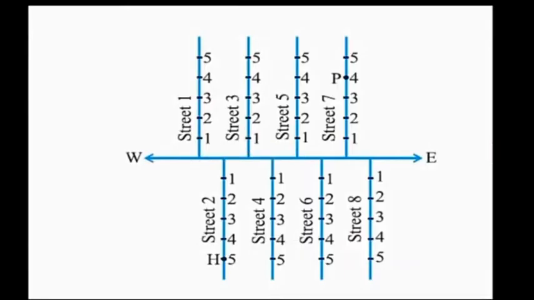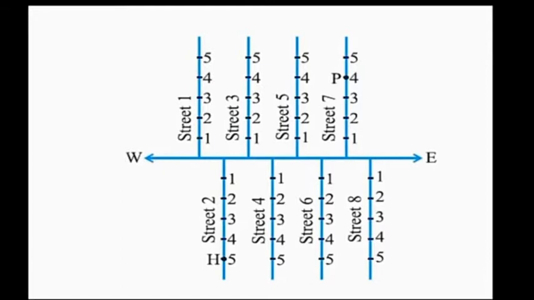In this figure, there is a main road running in the east-west direction and streets with numbering from west to east. Also, on each street, house numbers are marked. Imagine your friend's house is in this street. To look for your friend's house here, is it enough to know only one reference point? For instance, if we only know that he or she lives on street 2, will we be able to find his or her house easily?